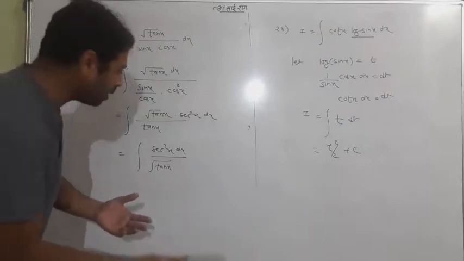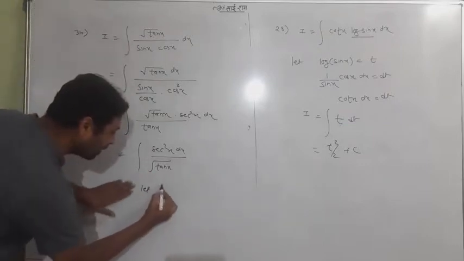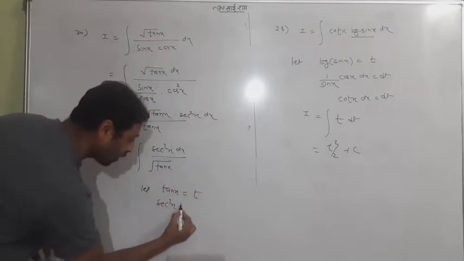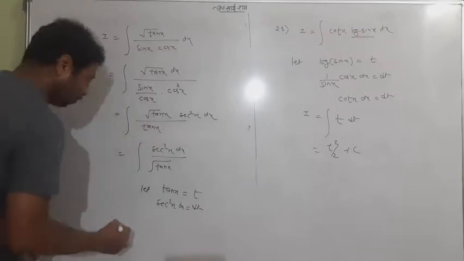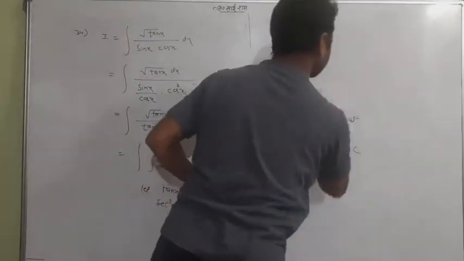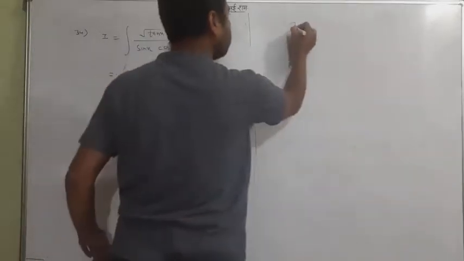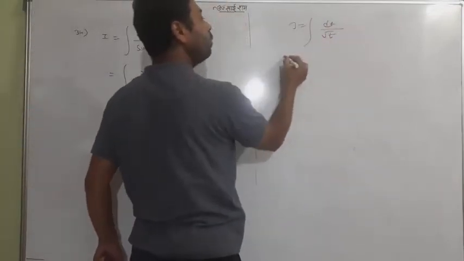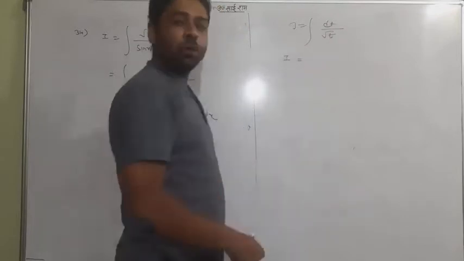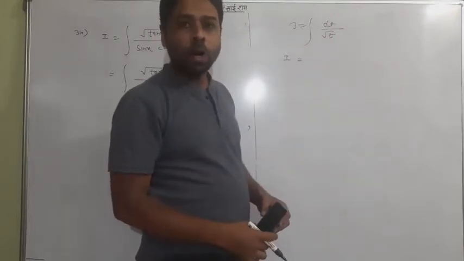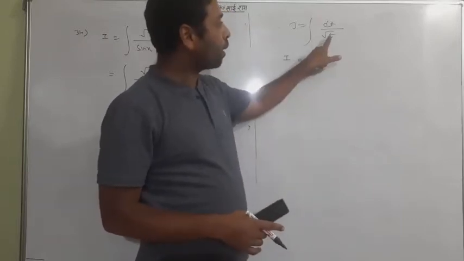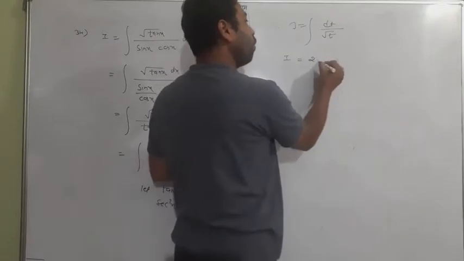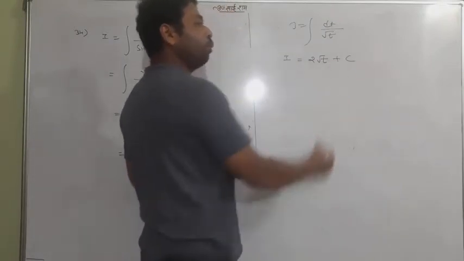So why is it easy? Because this time you will take tan x as t. Why? Because the differentiation of tan is sec square x dx equal to dt. Now the question is going to be like what? I is equal to sec square x dx, which is dt, upon root t. Now you can do it very easily, 1 by root t. How can you do it? I taught you a special formula, or if you have forgotten, write t to the power half in the numerator and do it. I'm writing the formula directly: 2 root t plus c, and put your t and get your answer.